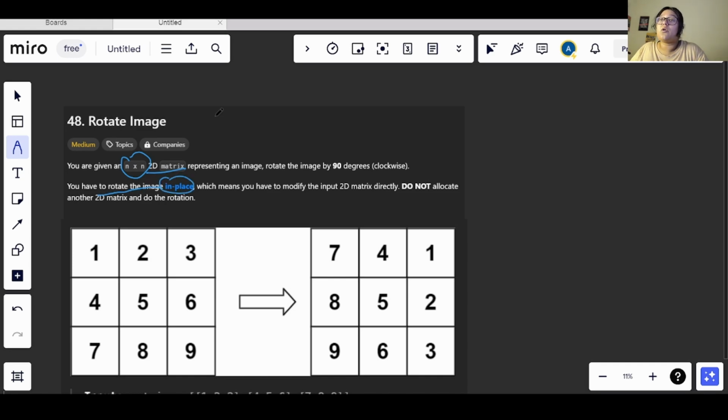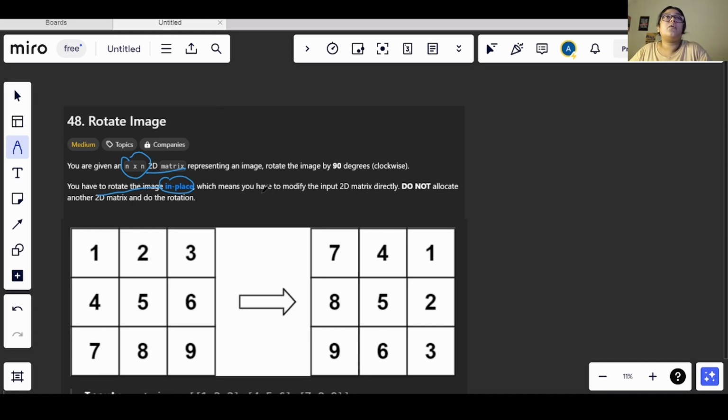We cannot take another matrix, perform operations in that and reassign it to the initial matrix. We need to make changes in the given matrix only, and we don't have to take any other space.